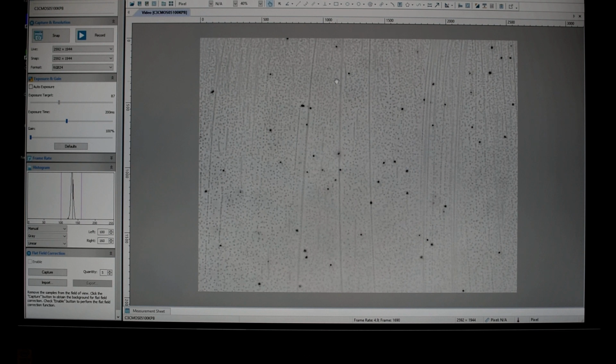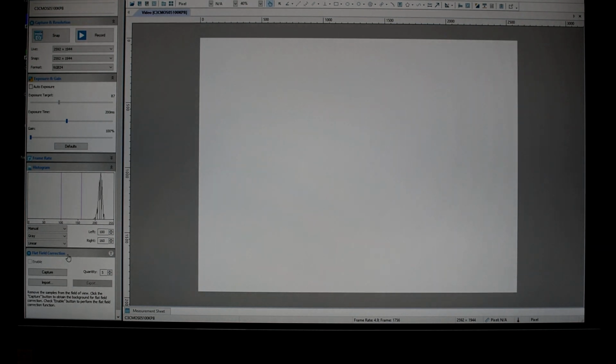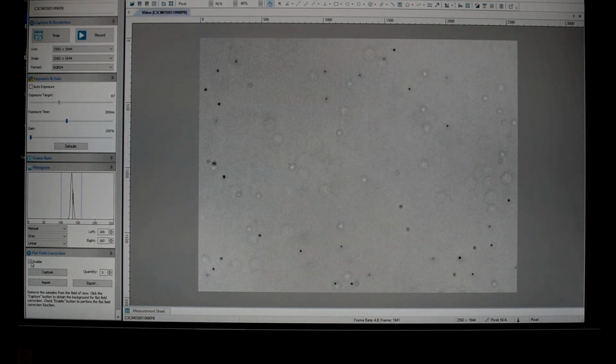We can now get rid of some of the background junk here by using the flat field correction. So I'm going to remove the microscope slide from the field of view. I'm going to leave all of the other controls the same. And I'm just going to click capture. It's going to capture 5 frames. And now I will click enable. And when I put my microscope slide back in,